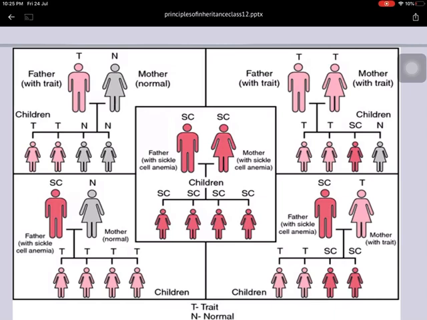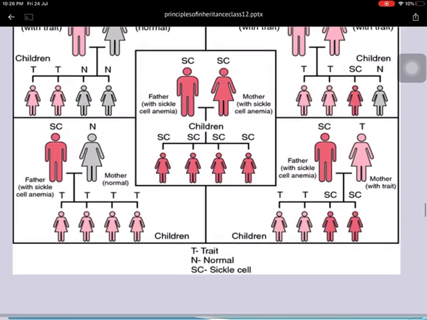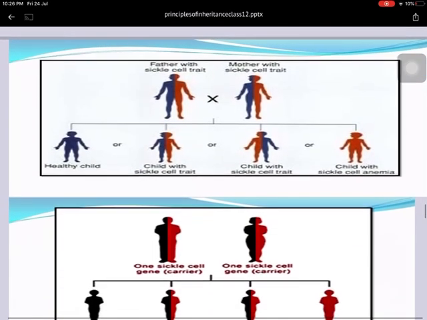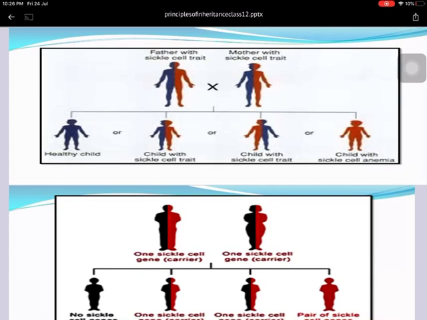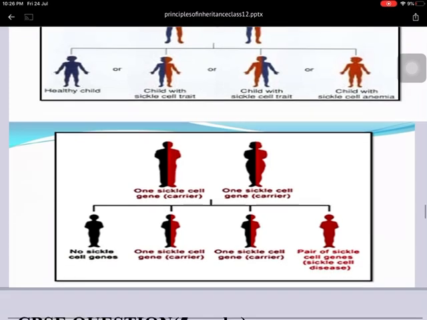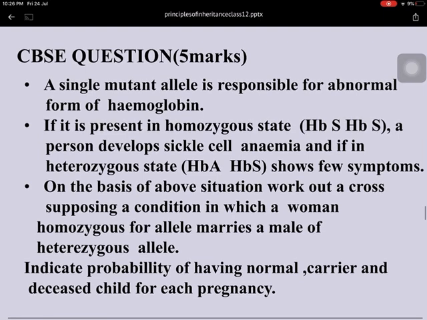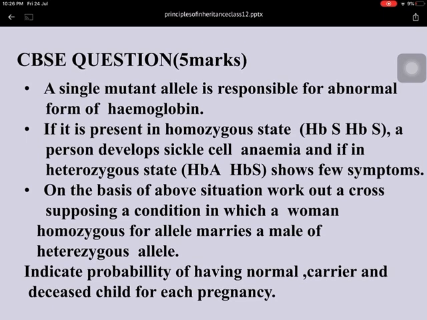So in this picture, try to understand one by one how the disease is transferred from parent to offspring, then it will be clear that it is related with the autosomal. But it is a recessive disease. If it were dominant, it would appear in every generation. This is also related with sickle cell anemia trait, in which you are observing how different types of trait appear. I have tried to show you, and there are some CBSE questions, so try to solve all these questions as homework.